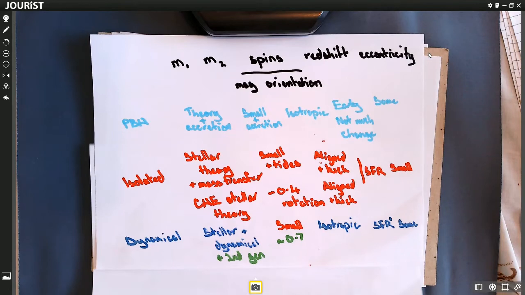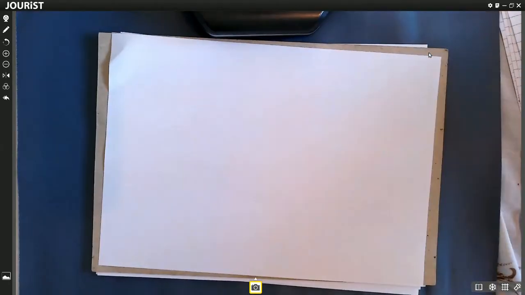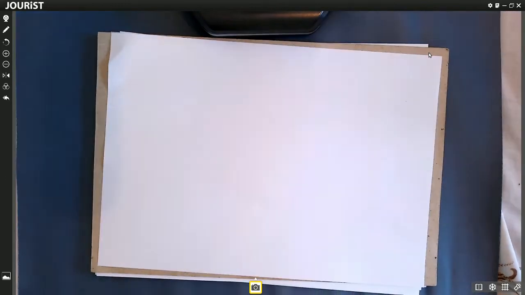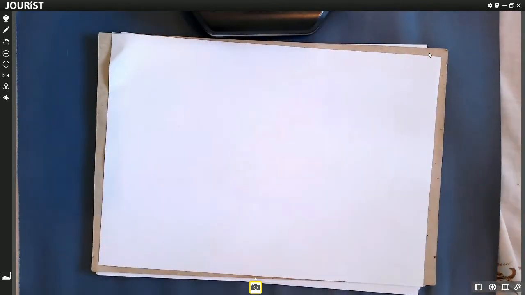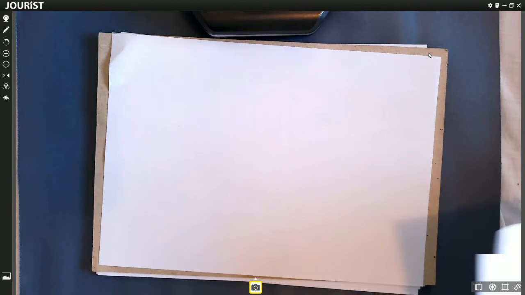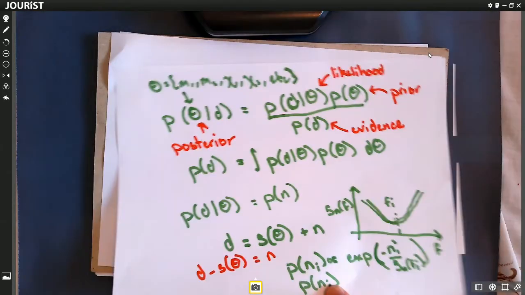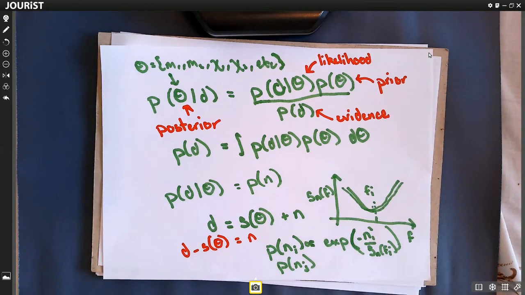So we have an inference task. How do we tackle this? Well, we spoke a little bit about inference last time when we were discussing the parameter estimation problem, when we were talking about how we measure the properties of an individual source given the data. And we spoke through how we apply Bayes' theorem in this particular case.